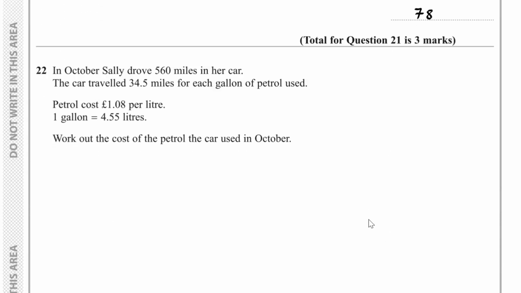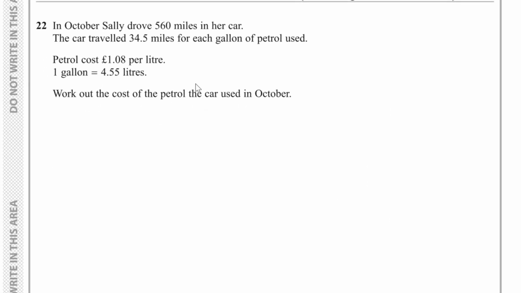Question number 22. In October, Sally drove 560 miles in her car. The car travelled 34.5 miles for each gallon of petrol used. Petrol costs £1.08 per litre, and 1 gallon is equal to 4.55 litres. We have to work out the cost of the petrol the car used in October. So first of all, we can find out the gallons used. We know that 1 gallon